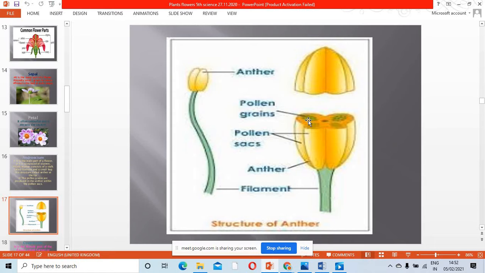So these pollen grains are not only carried by the insect's body and its legs, they can also be carried when the wind blows. The pollen grains are very, very minute and they are dry. So they will also be carried away when the wind is blowing, and also by insects sitting on the flowers. Okay, now we'll go to the next slide.